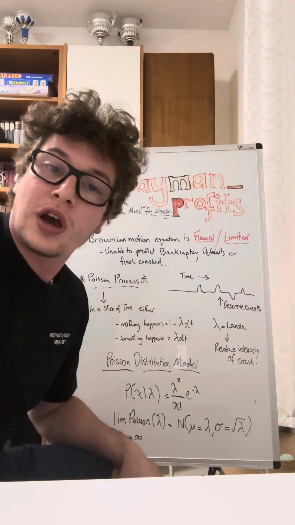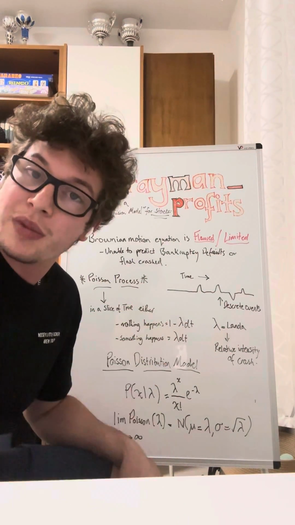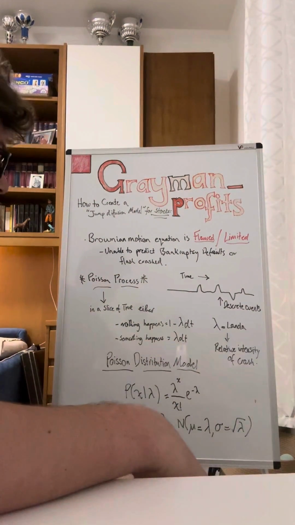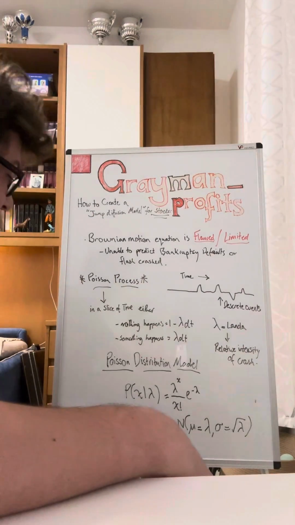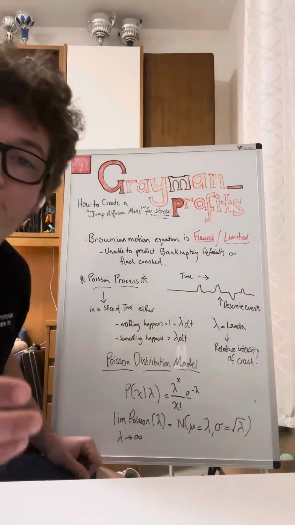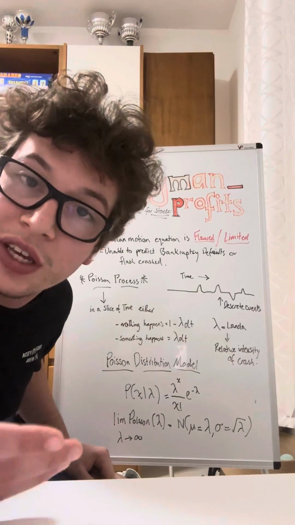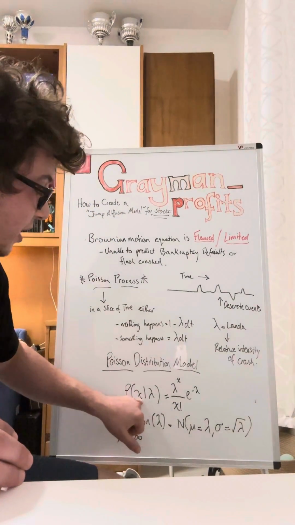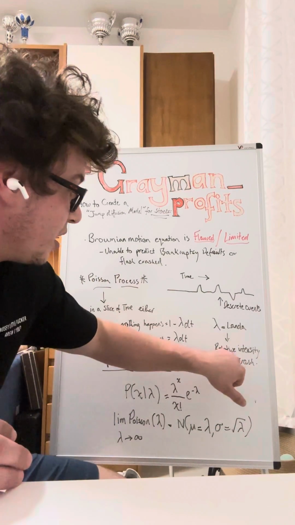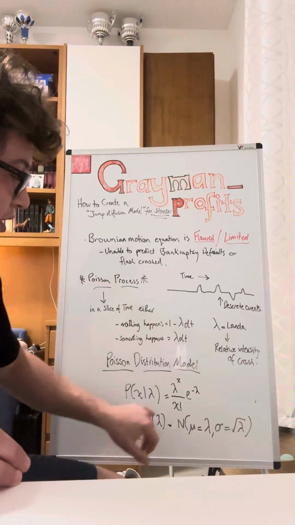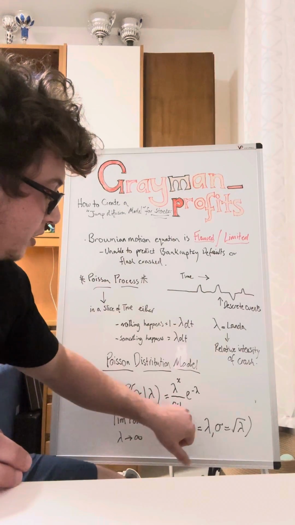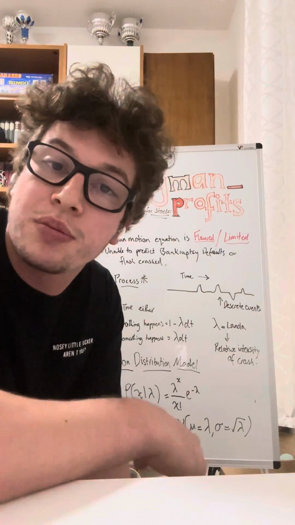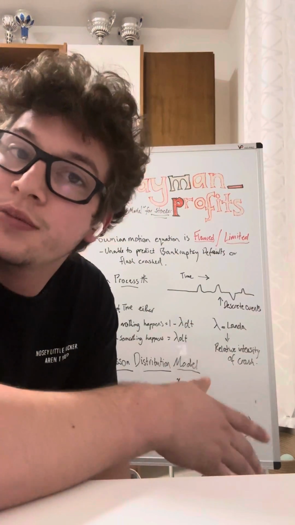Well, lucky for you guys, some brilliant scientists and brilliant mathematicians have come up with this equation. It's called the Poisson Distribution Model. Okay, so I'm not going to go through the equation with you because I have to keep this video under 3 minutes. But this is what it looks like. Meaning that x is time, lambda is the relative intensity of a crash, E is a constant, and this represents n in the limitations. So, if you were to put this into your computer and graph it, that would be